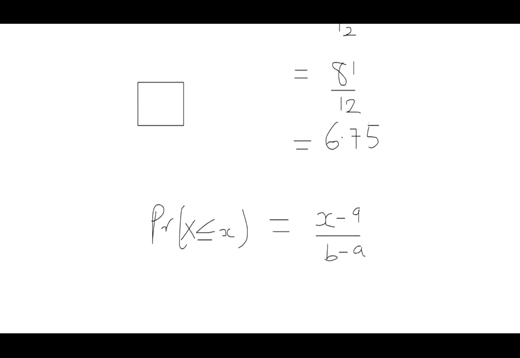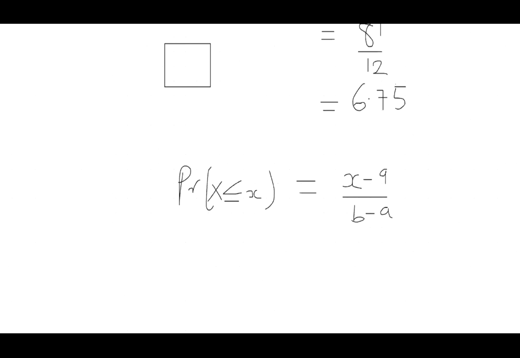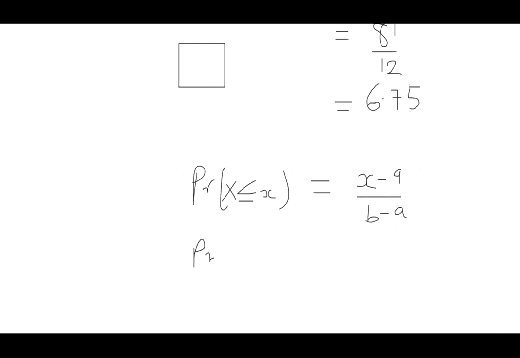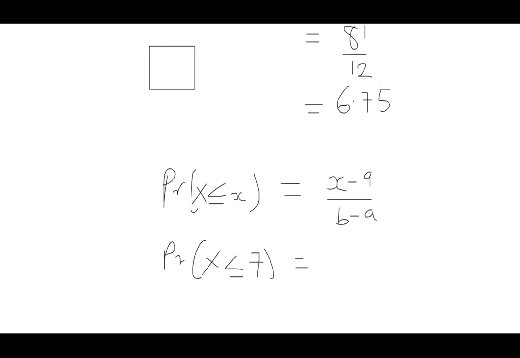And if we have that, the probability of x less than or equal to 7 will be equal to 7 minus a. Our a is 1, and then b is 10. So we have 10 minus 1, and that is going to give us,